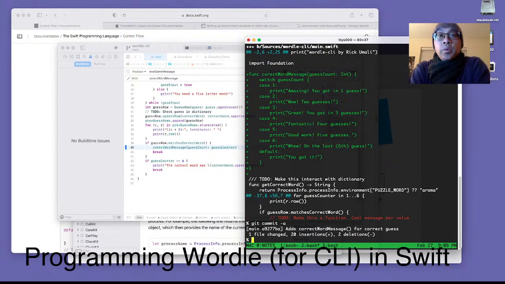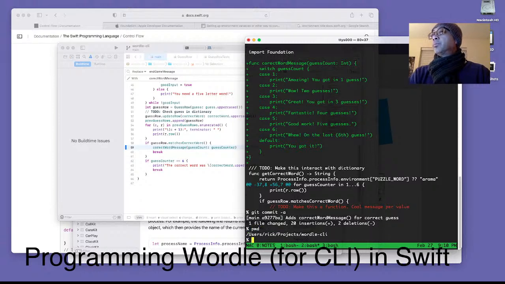Now, finally at the part where we gotta deal with the dictionary, and what I'll do is, when I started thinking about this, I realized that the dictionary would have to come from a file. There would have to be a file of words. So there would be a file here. Let's call it